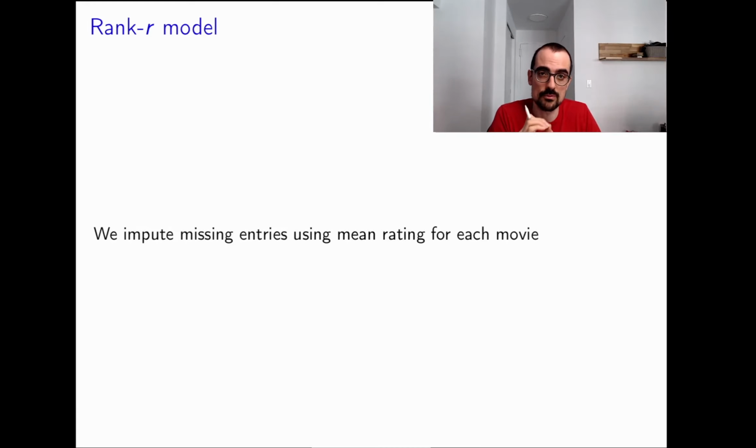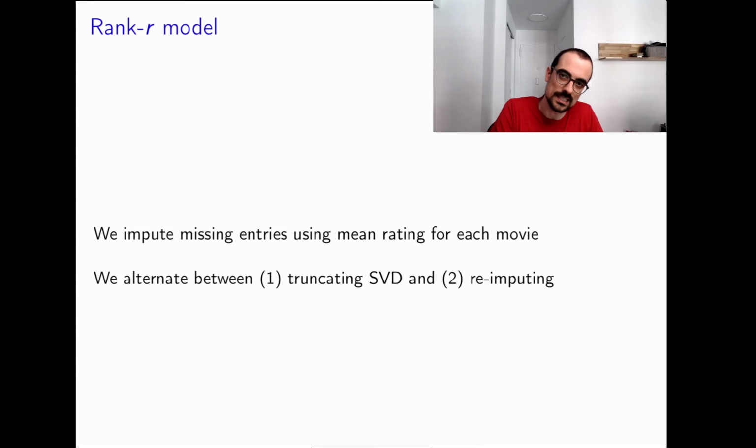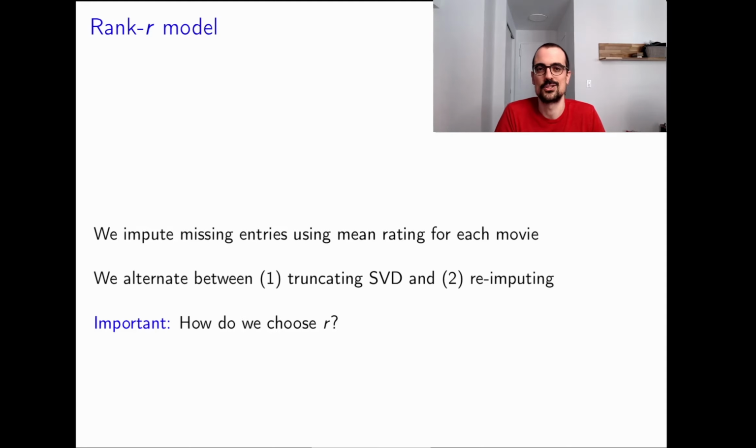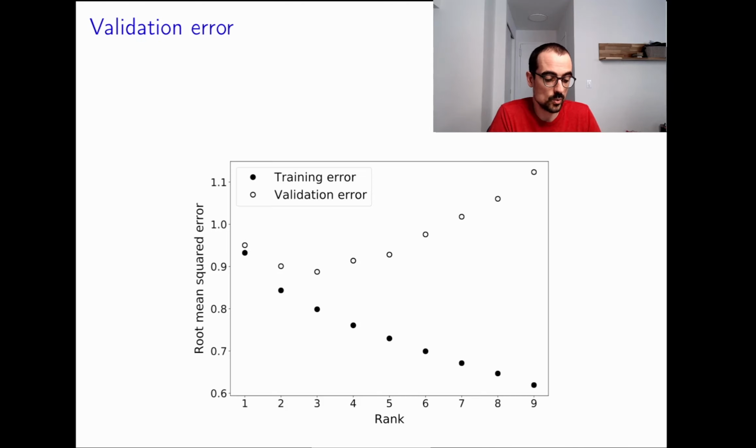We're going to start with the mean rating per movie, and then alternate between truncating the SVD to a certain value of R, and reimputing. So how would you choose R? This goes back to the validation set. You can do this for different values of R and then take a look at how well you're doing on your validation set. And when we do that, we realize that eventually we overfit,